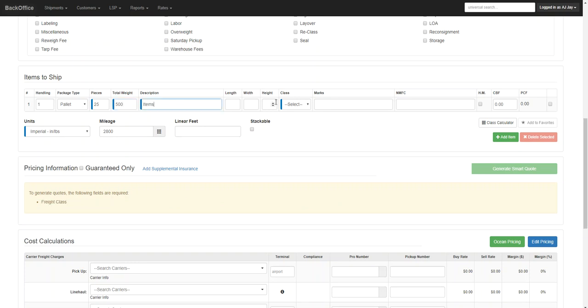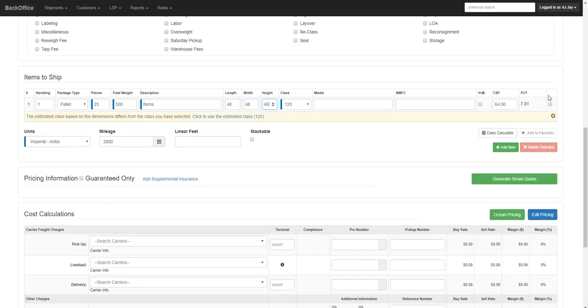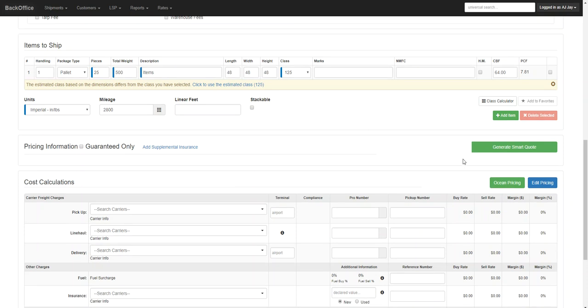Now, for the class, if you're not familiar with class or you don't know what the class is for the shipment you're creating, if you enter the length, width, and height of the commodity, it'll calculate the class for you. Now, this is just an estimated class. If you want to enter your own class, you can definitely navigate to the drop-down menu for class and select your own class. But after you enter that information, next go ahead and select Generate Smart Quote,